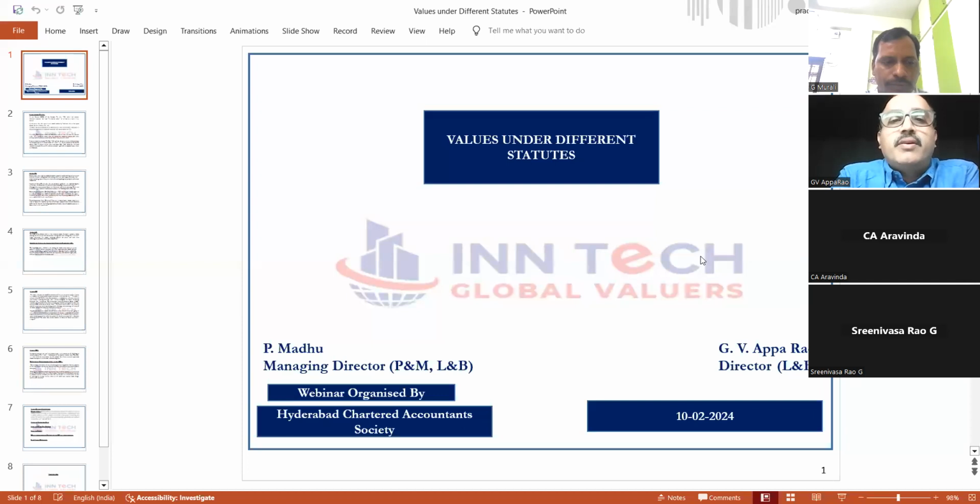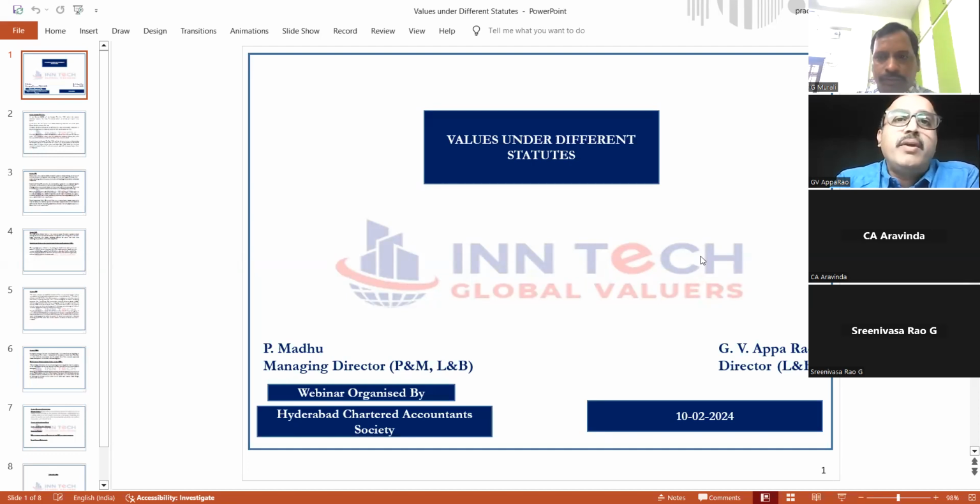So this is values under different statutes. You may all know that, if at all you go with a value, you need to distinguish between value, cost, and price. So value is